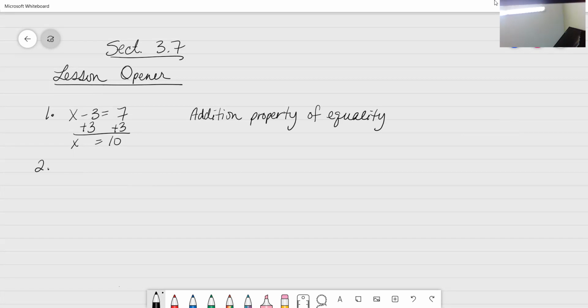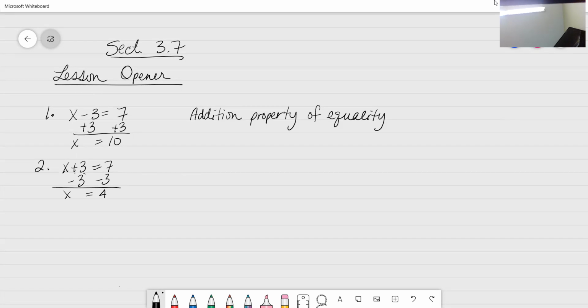All right, in number two, we have x plus 3 equals 7. All right, so again, I want you to think of this in terms of addition or multiplication. So we are going to add the opposite to both sides in order to isolate our variable. So I can write it for you like this so that you can see what I'm talking about. We're adding a -3, which is the opposite of a +3 to both sides. Now, we've also learned, though, that whenever you add a negative number, that is the definition of subtraction. So when we solve these, we write that as -3, or subtract 3 from both sides,